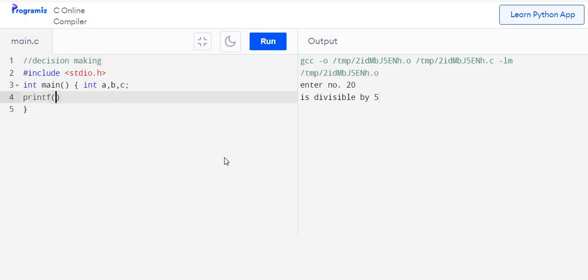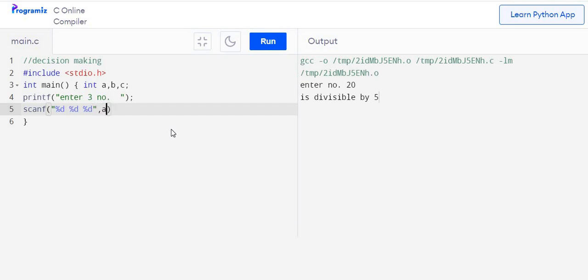So printf enter 3 numbers. So user will enter 3 numbers. Let us scan these 3 numbers. Scanf %d, %d, %d, 3 numbers.